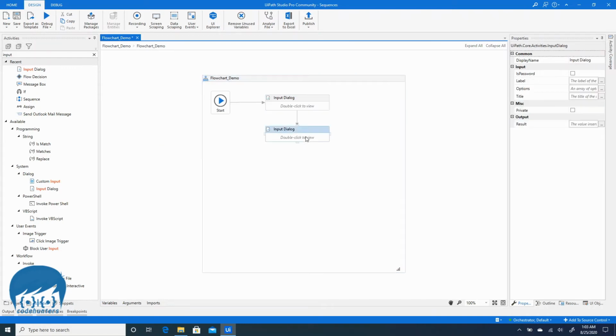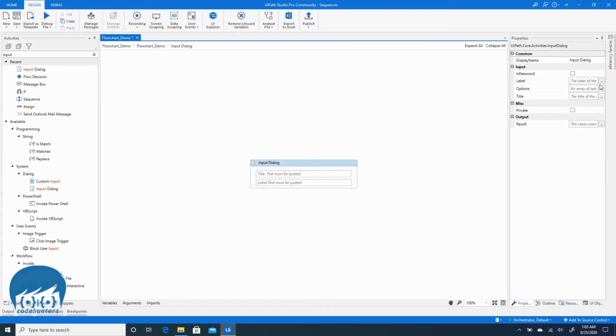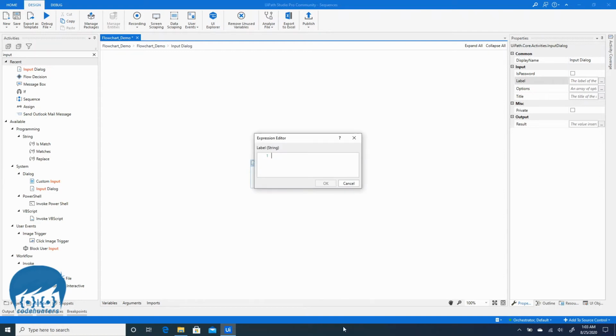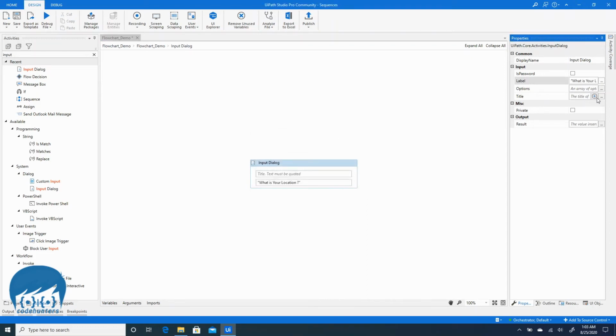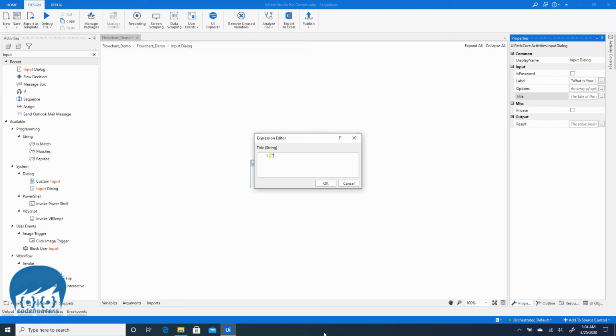And for the second dialog box, we will set the properties, the label as what is your location. Press OK, and the title is second question.